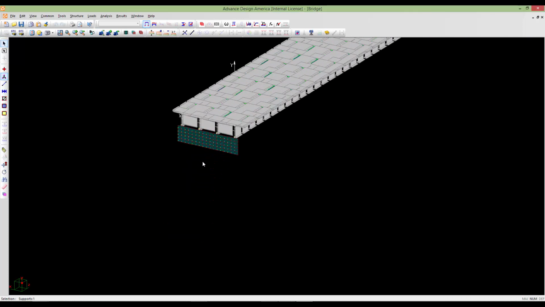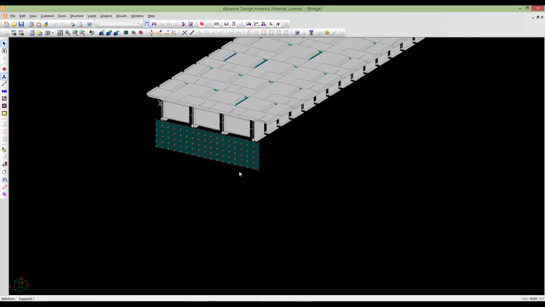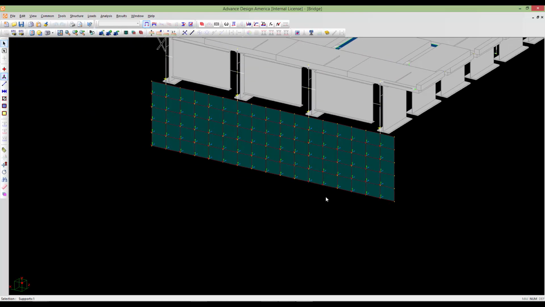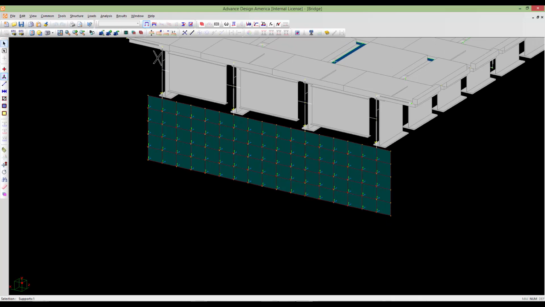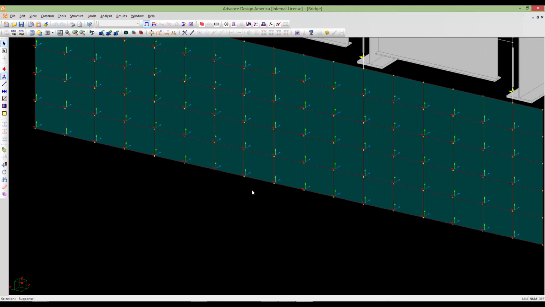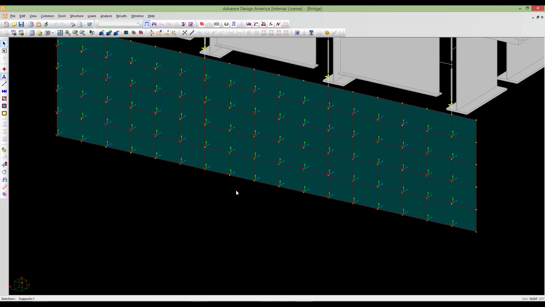Next stage is to assign our abutment foundations to the nodes of finite element plates. So our finite element plates will transfer the force to the foundation. So let's add a support node here. So if you go to node mode and click Ctrl H,